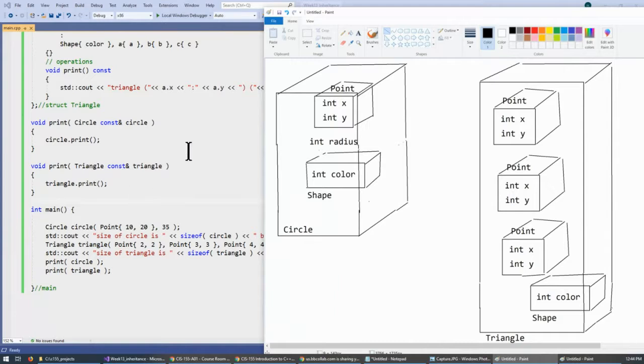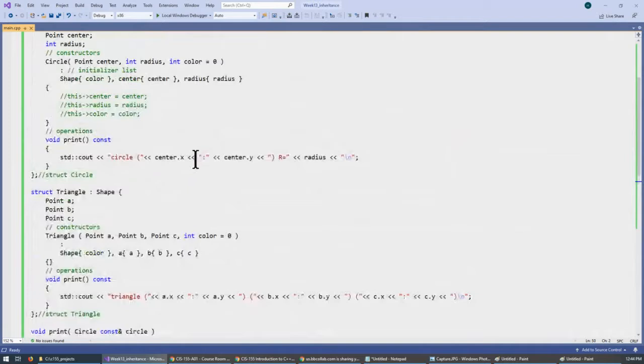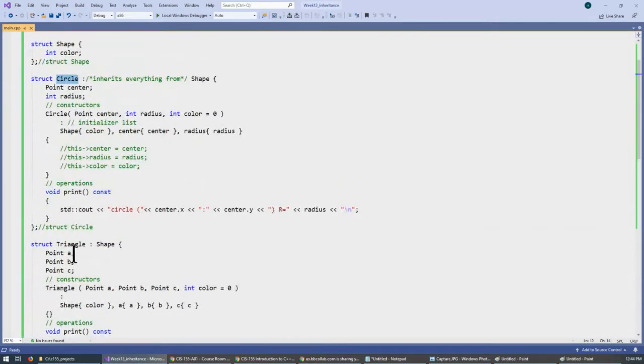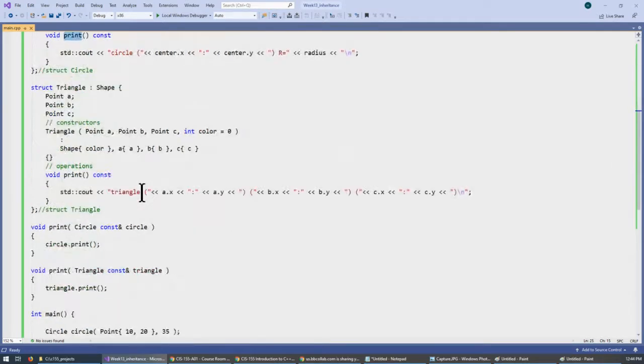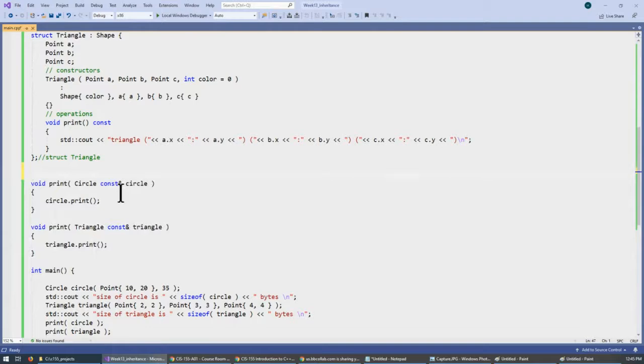between functions. So, for example, here I begin to observe that both circle and triangle have the same kind of function named print. Instead of using these types of functions, which I will right now probably just comment out to make sure that we're no longer using them,